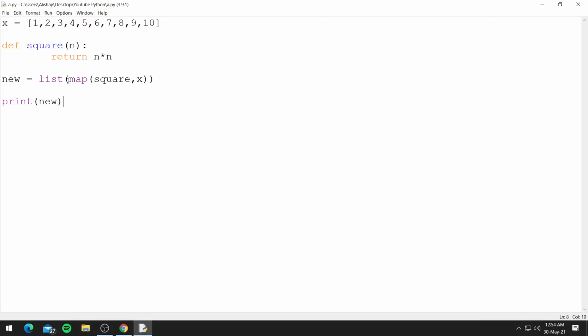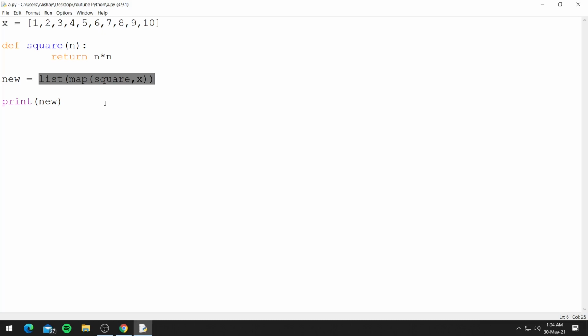So the map function is a really useful function that allows you to apply functions to a list or tuple, and using that we can create a new list. As we saw, list comprehension and map are able to do the same thing. It just comes down to personal preference. But when you have a function and you want to apply it to a list or tuple, using map is a lot simpler and easier. So instead of using regular for loops or list comprehension, I personally prefer using the map function.